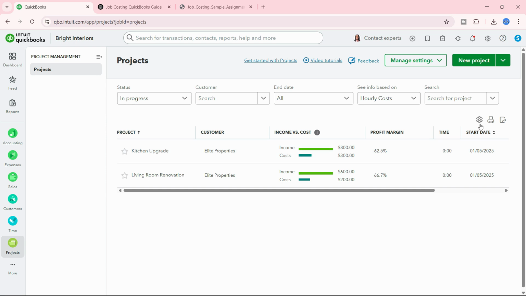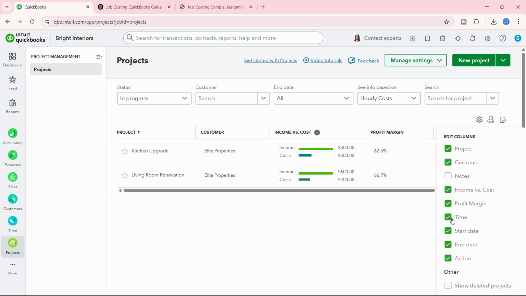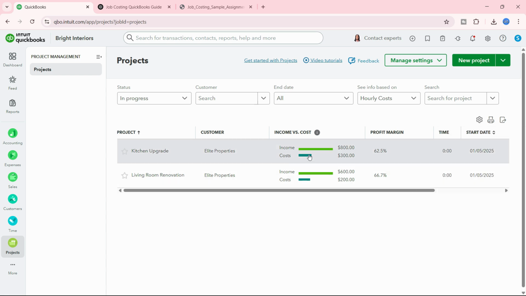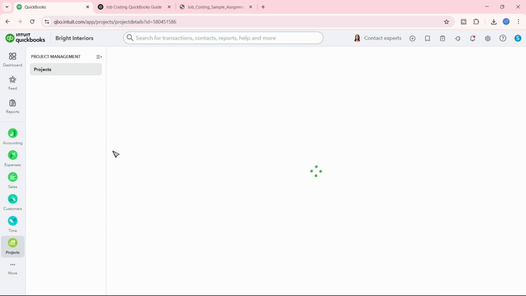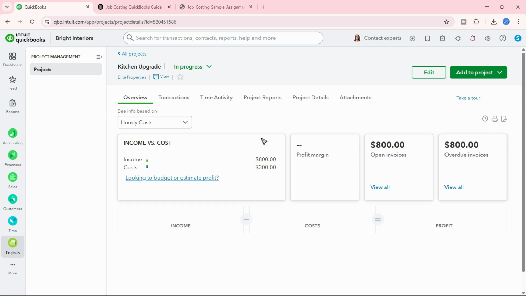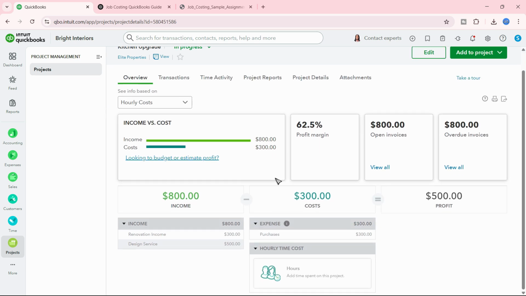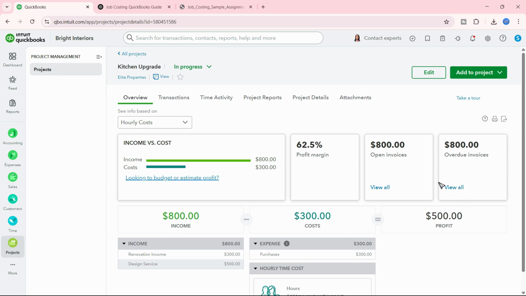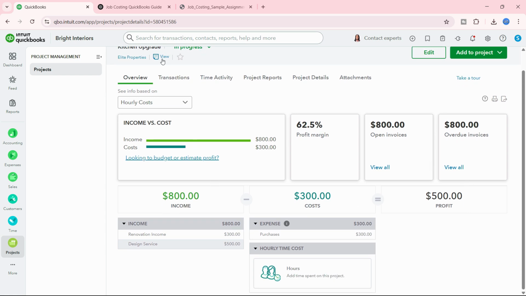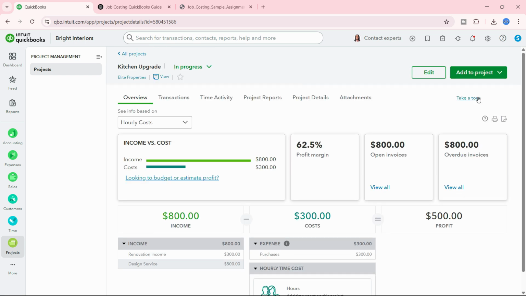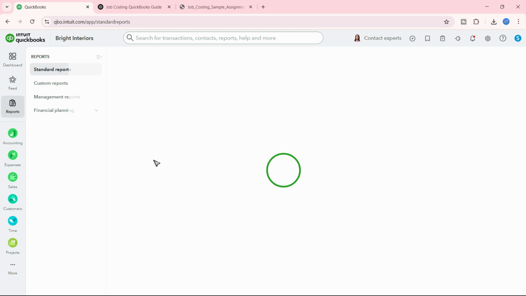If you want to see the profit as well, we cannot see the profit, we can see only the profit margin. So if you want to see the details, just click on this graph and it will show you these details where we can see the income, the cost and profit. And if we want to view this, we cannot view that, but let's say that I want to see the profit and loss report,